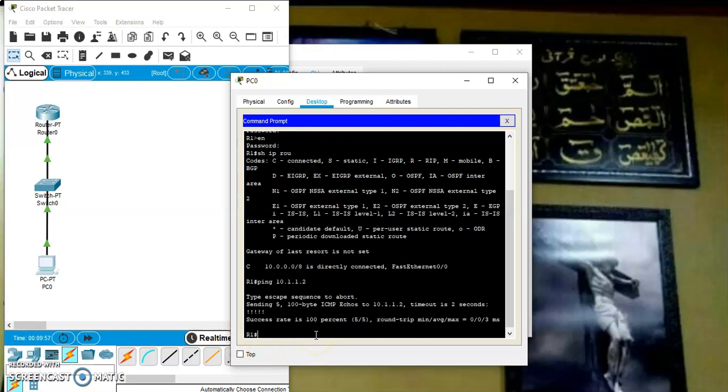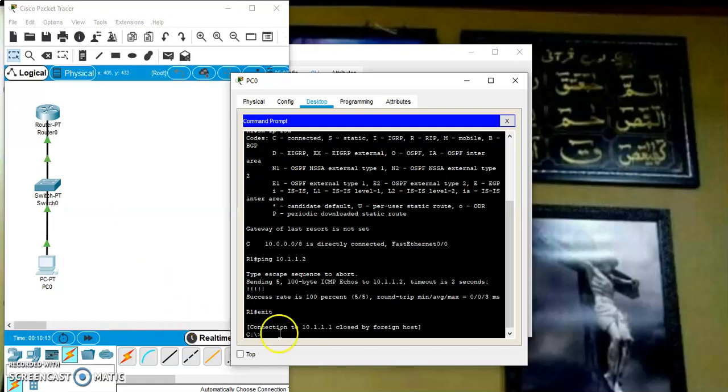So yes, the success rate is 100%, in the sense we are able to communicate with the PC. So we have seen that we can communicate from here to here and also from here to here, right? Now we are supposed to exit it. Exit. Now connection to 10.1.1.1 is closed by foreign host, fine.